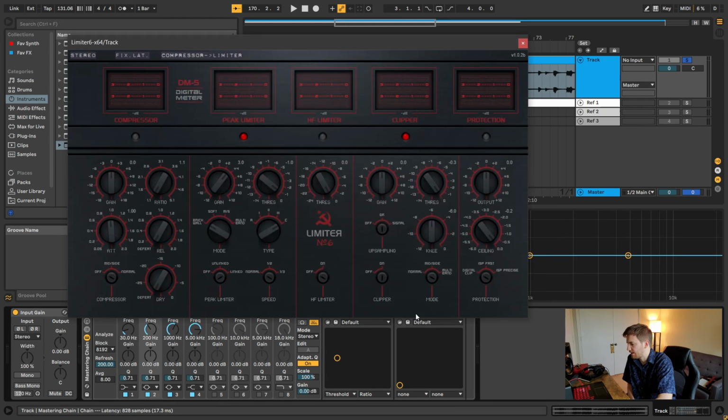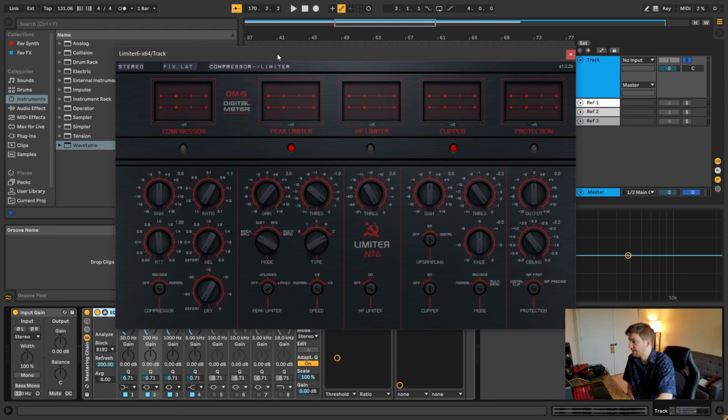And then after the compressor, I pass it through this limiter. This is Limiter No. 6, and it's really just a skin of TDR's Limiter 6. I just have a few decibels of gain. I set the threshold to -1,